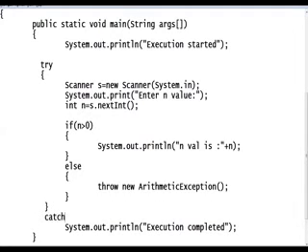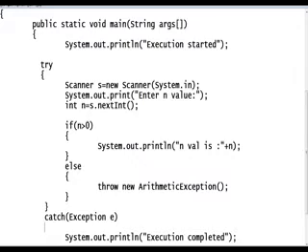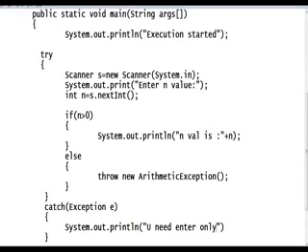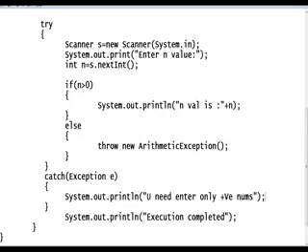What is the catch block? Here I will take Exception. It will handle all kinds of exceptions, right? The developer's functionality will print the message, but for the user I will give System.out.println. Here I want to write: you need to enter only positive number. I give this message to the user, right? See, compile and execute.